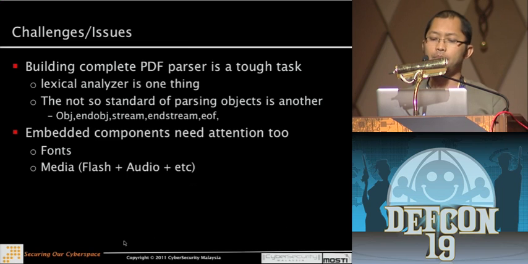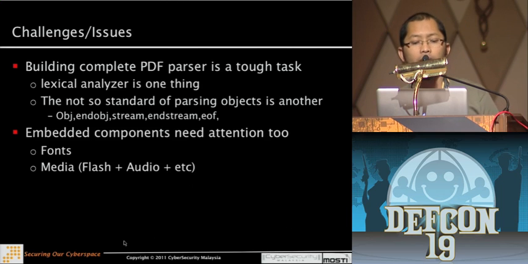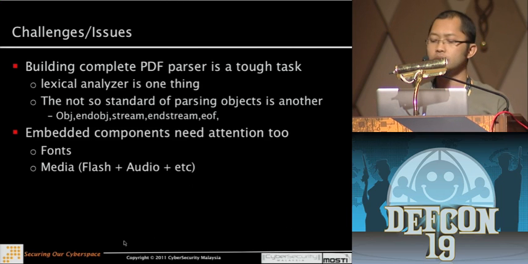I would say building a complete PDF parser is a very tough task. Having a lexical analyzer is one thing, but parsing the not-so-standard objects is another. Embedded components also need attention, like fonts. How many exploits have leveraged fonts? Recently on iOS, jailbreakme 3 also started from a font, right? And of course, media like flash and audio is also a main problem to address within the PDF